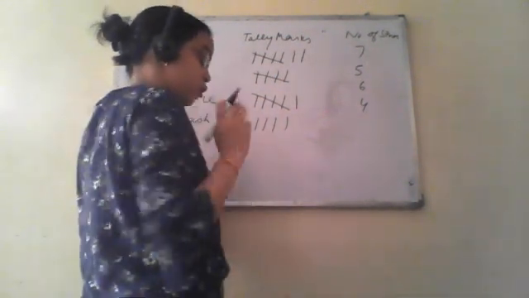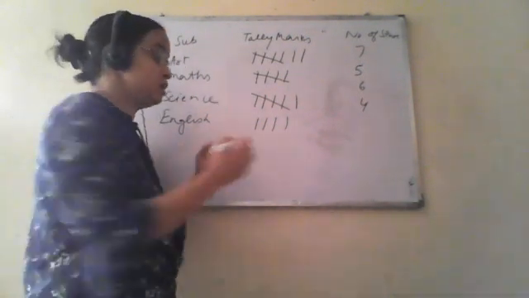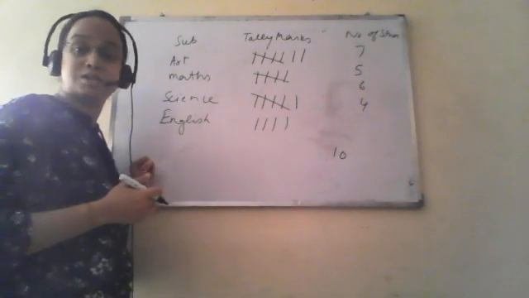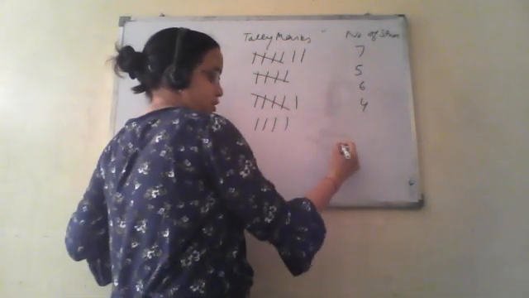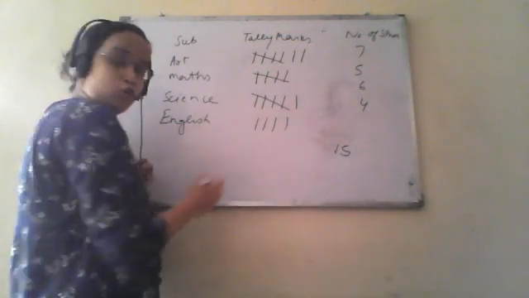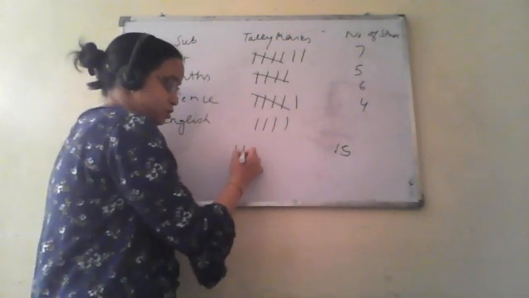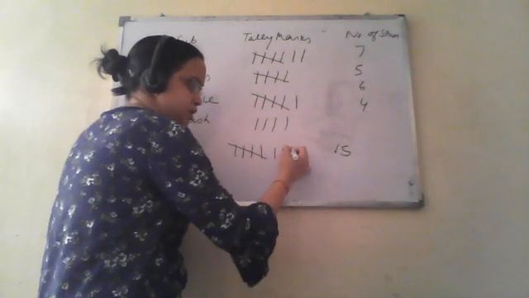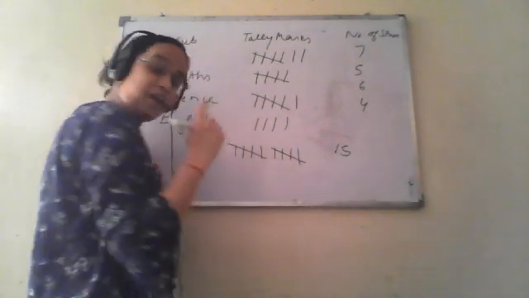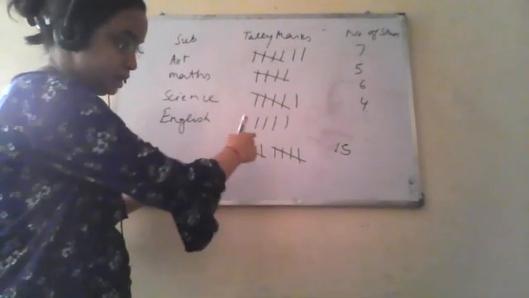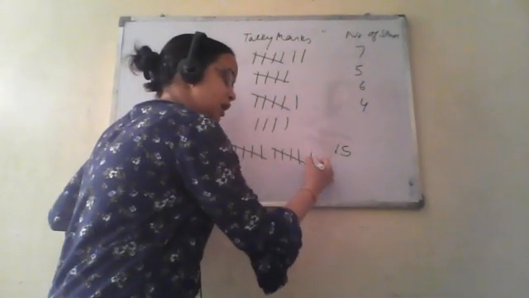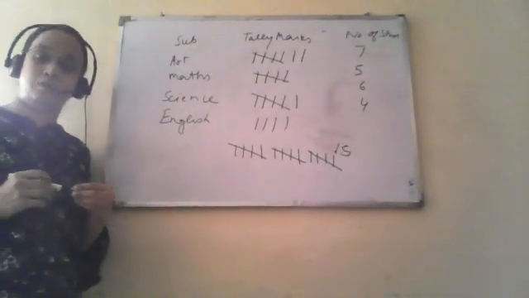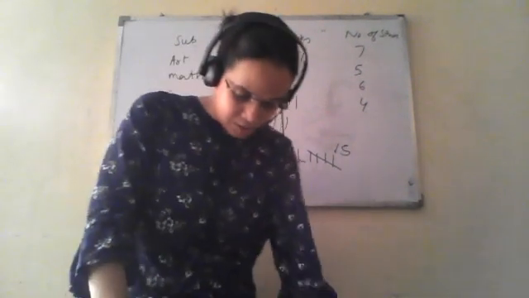So what is meant by this? If we have to plot a frequency of 10, or we have to make tallymarks, or say take it as 15, how are we going to make the tallymarks? It will be 1, 2, 3, 4, 5, 6, 7, 8, 9, 10. Every multiple of 5 will get this slanting line. Now this is 10, 11, 12, 13, 14, 15. So this is how we are going to make the tallymarks.